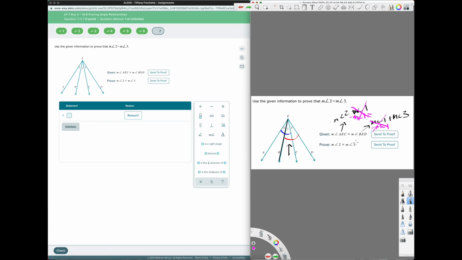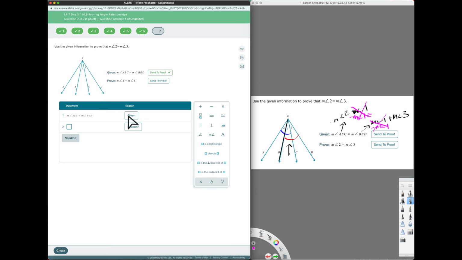So let's go ahead and actually put this in the proof here. If I click send a proof for this one, it automatically puts the given in there for me and moves to the next step. If you type it in, you have to select given and then click the validate button. Validate lets you move to the next step. So it won't let you move to the next step until you choose the correct piece. And if I didn't put the given in here, I would not be able to put this next piece in,